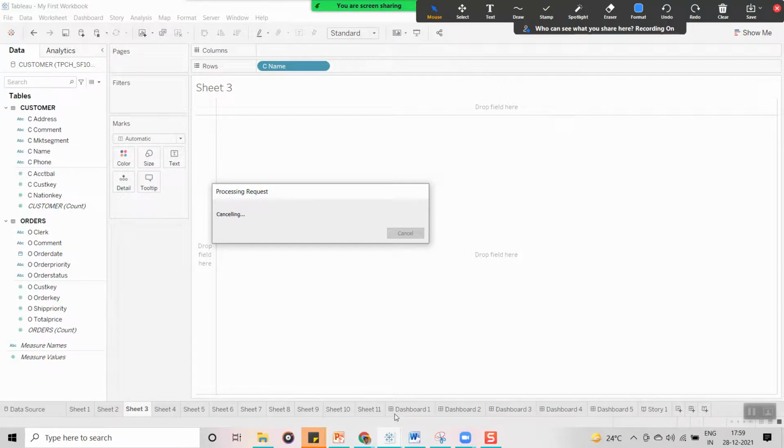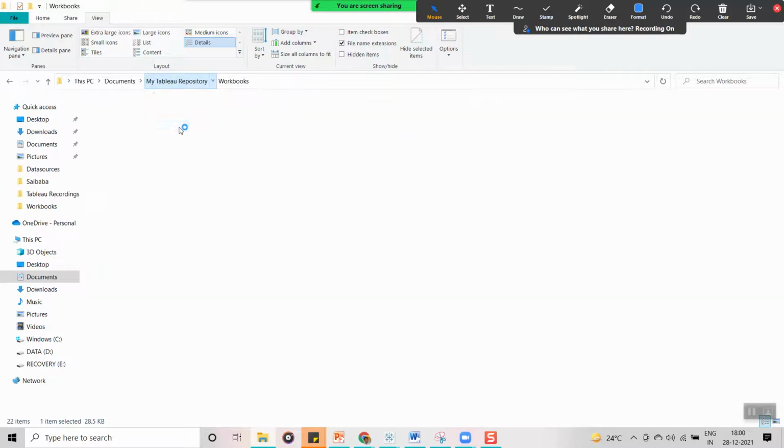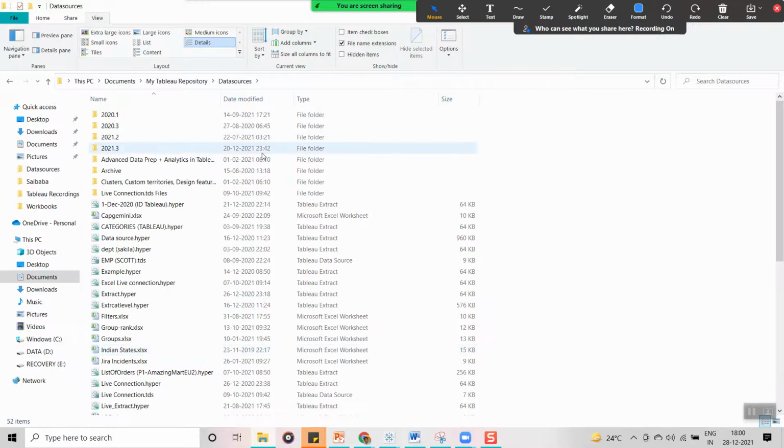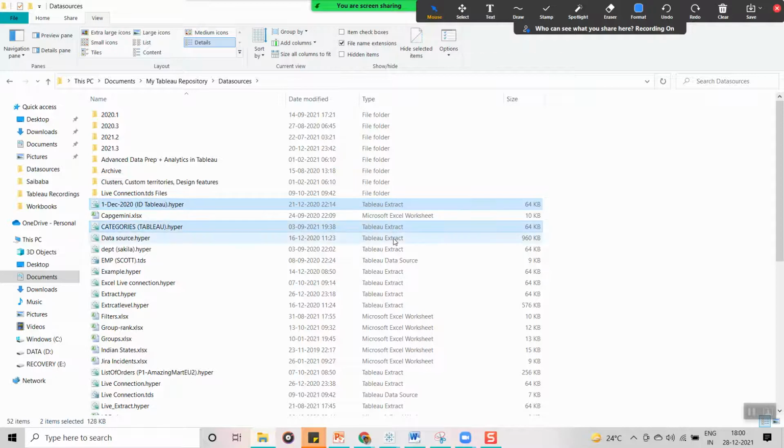Anyhow, you know how to create an extract, so no need to explain now. I already have a few extract files. Let me go back to my Tableau repository, and under data sources I have extract files. You can see the extract files are in this format. These are the Tableau extracts, and the file extension for each one is .hyper.